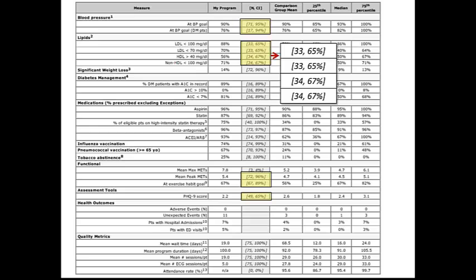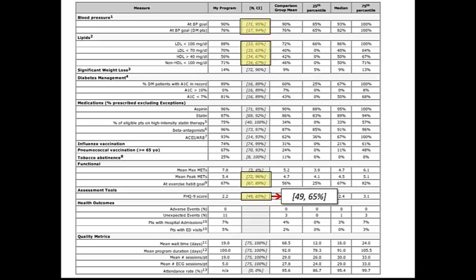And so here, this confidence interval I'm going to say is okay for this particular measure. We might be able to improve upon it, but we also have to know how our program works and our patient population to know whether those values are okay.